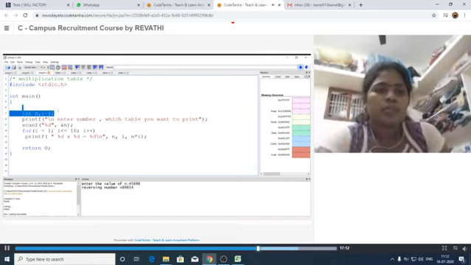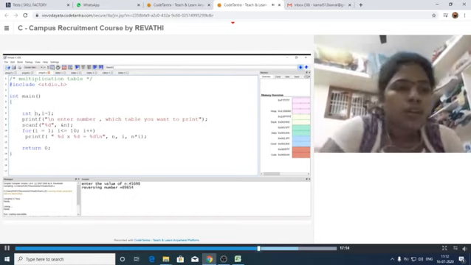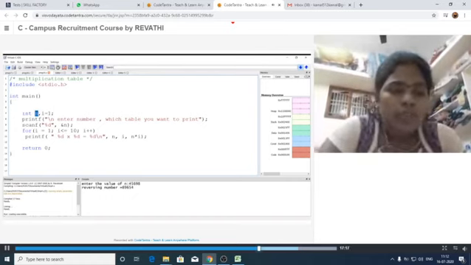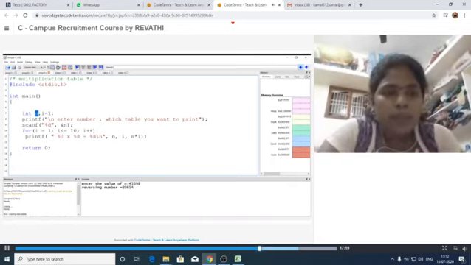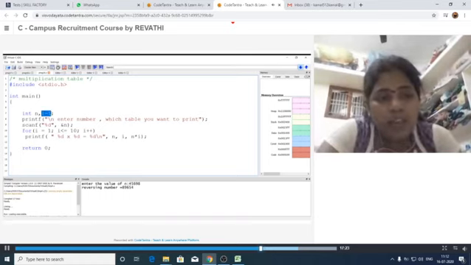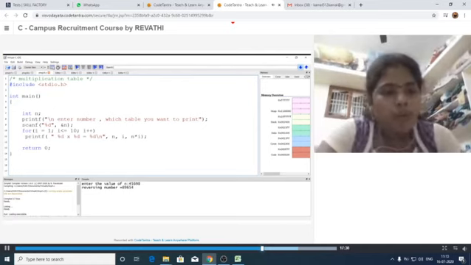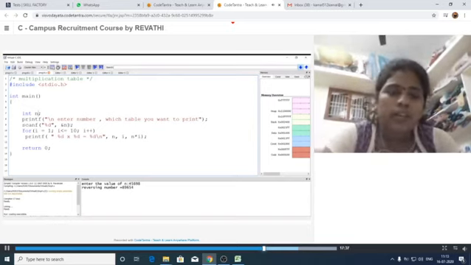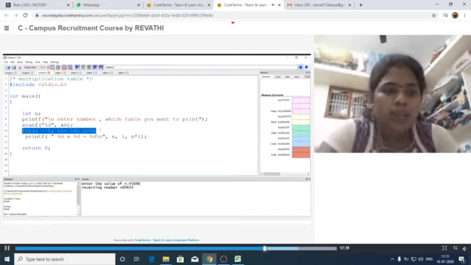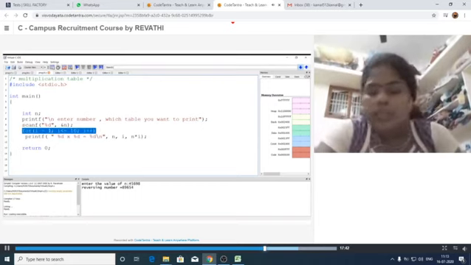See here. Here we have taken the header files and our execution can start with the main function. Here let us take the variables as 2, that is n, which means we have to provide which number multiplication table we want. That number we have to provide. After that, initially we have assigned the I value as 1. Okay, no need, here we have already written that one. So just take the n value. Now it is asking to enter the number for which table we want, and reads the n value.